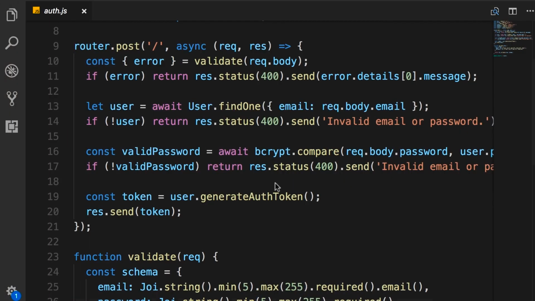So in our auth module, we defined this route for authenticating users. What about logging out users? Do we need a separate route for that? No, because we're not storing this token anywhere on the server, so we don't need a separate route handler to